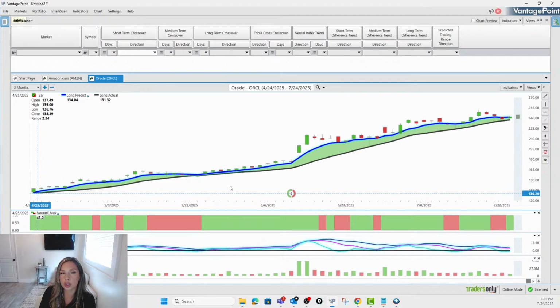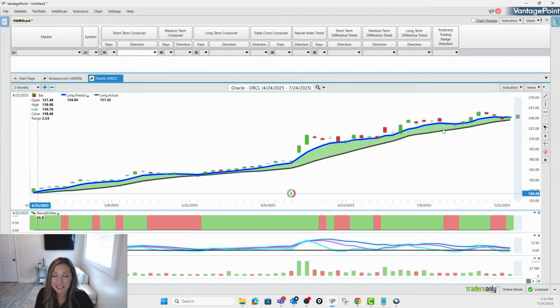So if you like a long-term swing or position trade, then the long-term crossover may be your go-to crossover for timing as well. As long as this blue line remains over the black and the trend remains green, beautiful. You've got a nice predictive indicator that's going to give you the information you need to either take action or